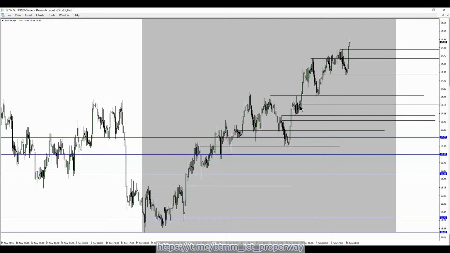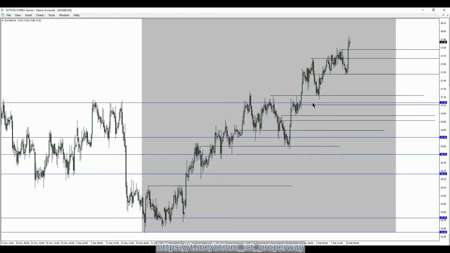So now once we have this rally through, look what it's done. It's broke a high. Okay, so it's confirmed that it has done what? It's broken a high, so therefore there's real buying going on. So now we can go back and look at the candles in here. On a 4 hour basis, we have one